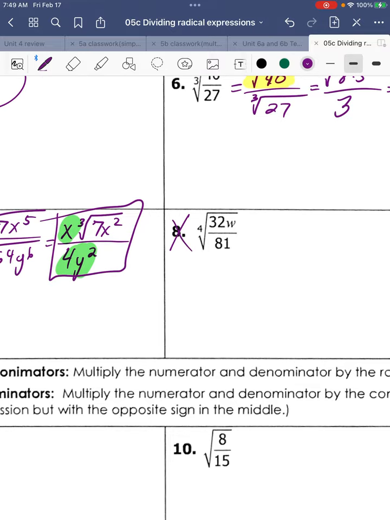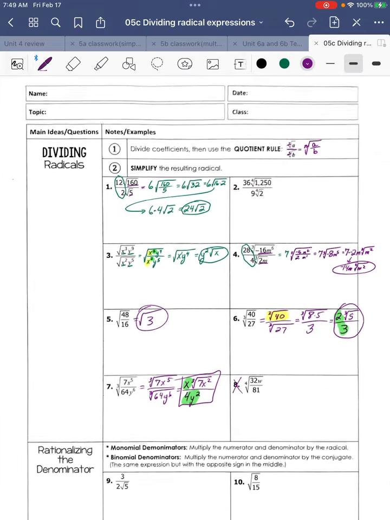And the last one, that's a fourth root. We'll take that off. So this